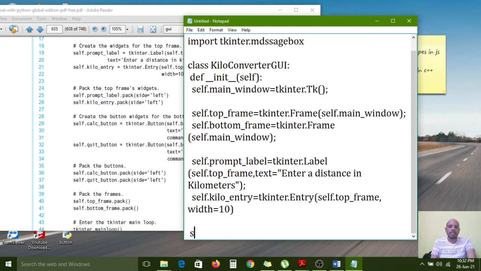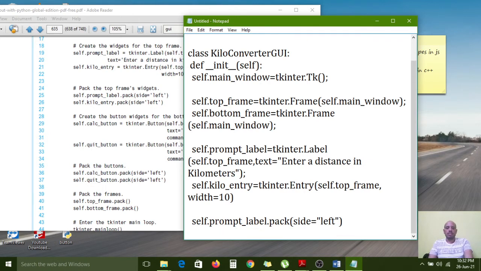So for that, self dot prompt underscore label dot pack method. It will arrange with side equal to left. From left to right it will arrange with the pack method.